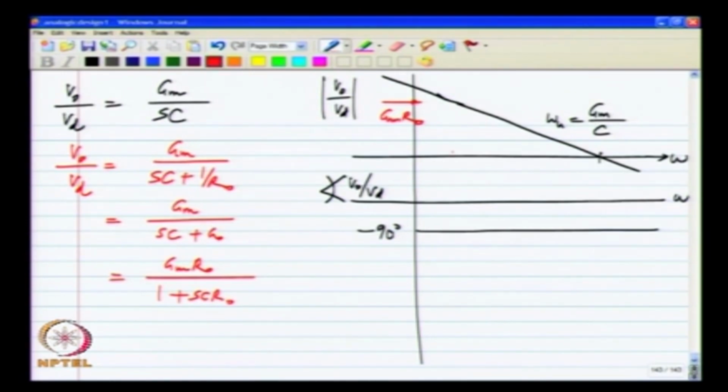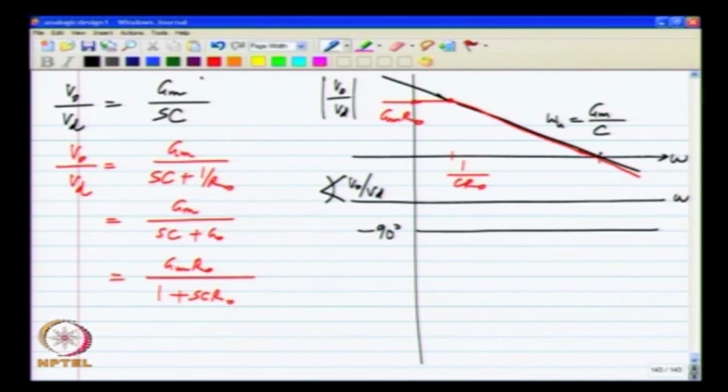and at frequency 1 by C R naught, it has a pole, and after the pole it drops down at 20 dB per decade. Notice that I have drawn the black line and the red line to be coincident after 1 by C R naught. This is because